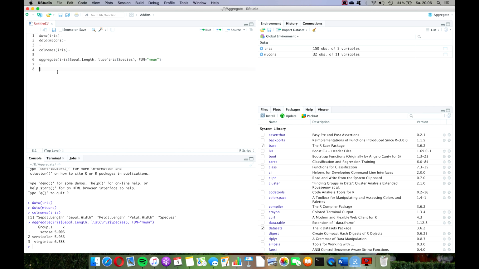Now, there's another way to do what we have just done that is maybe a little bit more comfortable and a bit more elegant. So let's try this one. We type again aggregate, but this time instead of defining the x value and the y value separately, we can type it as a function. And how we do this is we type